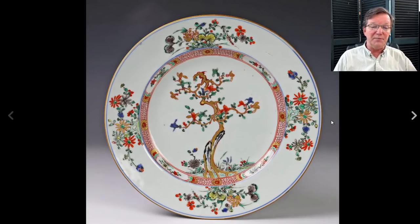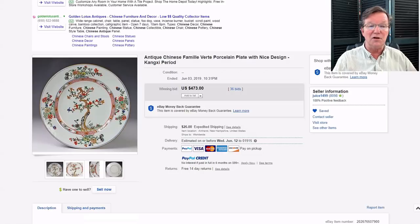All right, here we are. This was one of the pieces that went through last week. It's a well-known pattern, Kangxi period plate. This is a particularly nice one, beautifully done. It was about 9 inches. They made these plates in a lot of sizes. They came in dinner sizes, and they also came in chargers. Some of them are quite large. This was a dinner plate size example, but beautifully done, good condition, and it did pretty well. It brought $473,